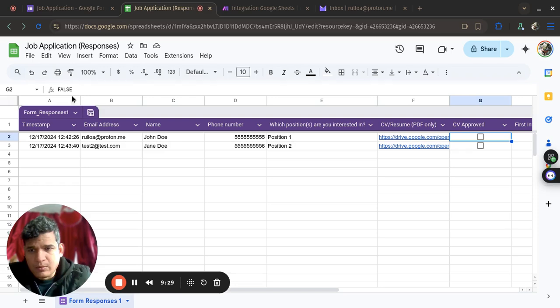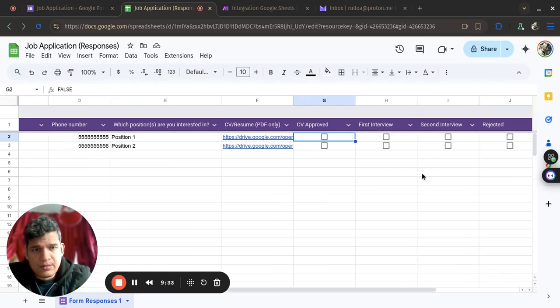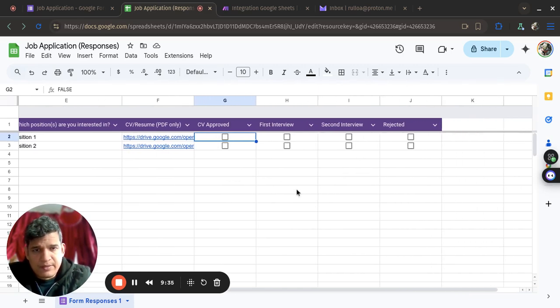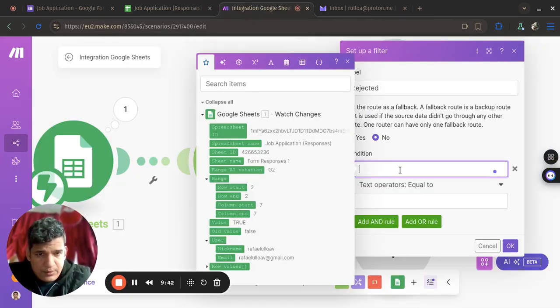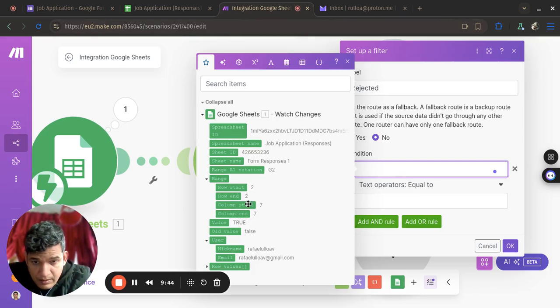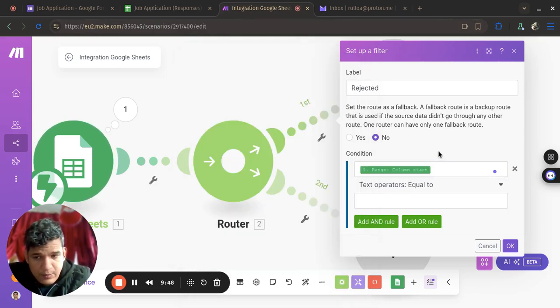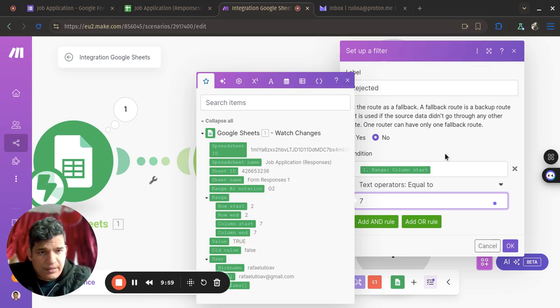So 1, 2, 3, 4, 5, 6, 7, 8, 9, 10 to get to the rejected column. So we're going to go here and we're going to choose column start and only start, no end. Column start. So column end would be if you were choosing a range of columns, but we only need one. So column start is equal to 7,